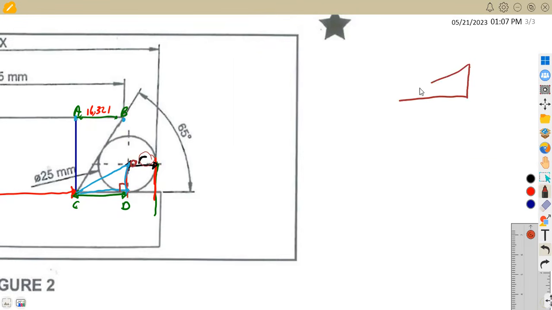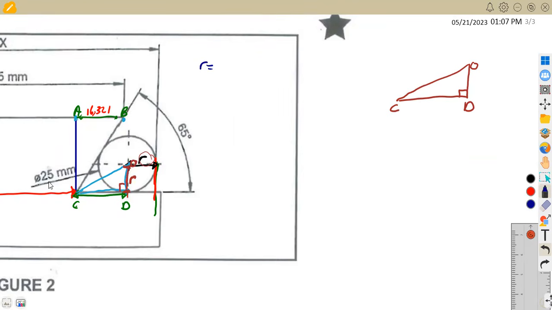All right, so this is what we are formulating, a right angle triangle. This is our C, this is our D, this is our O, which is the origin or the center. From O to D, that's the radius. And our radius, we can calculate